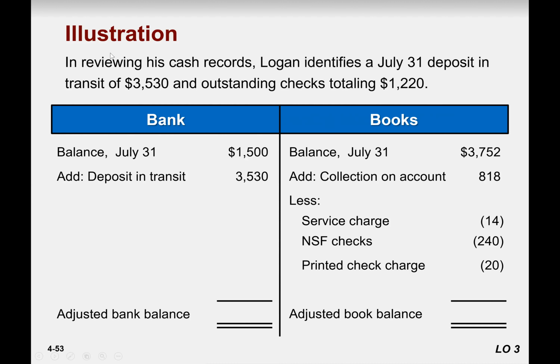On the bank side, when you review, you find out that there is a deposit in transit, which is 3530, right? Which means you deposit the check with the bank, it takes time to clear. Bank will not show you more amount unless your check is cleared. So you add it down here. And outstanding checks, which means you wrote the checks, but the bank didn't know, because the person has not presented the check, so you need to reduce that amount,